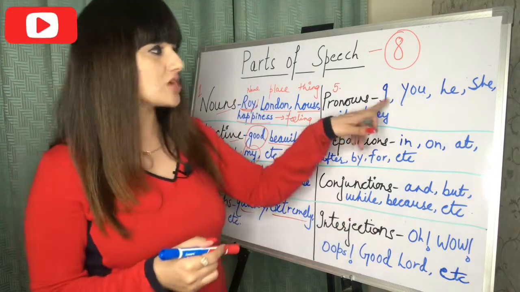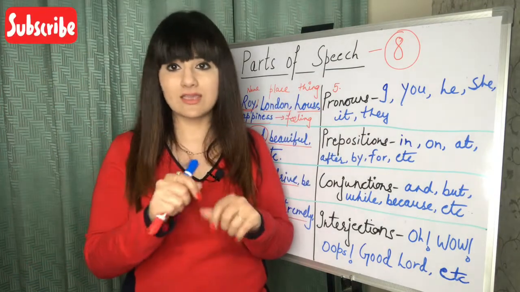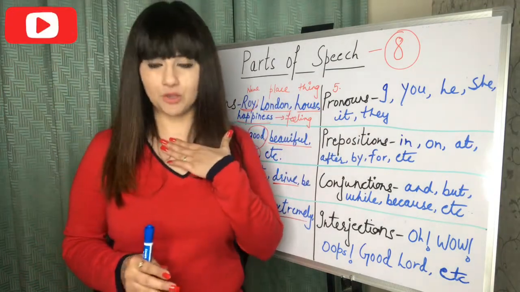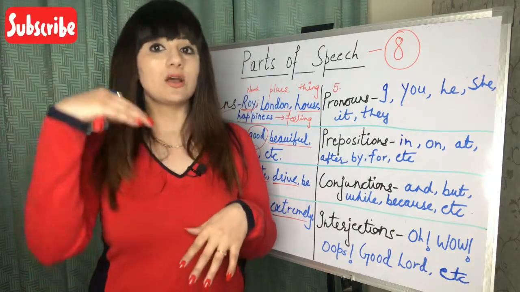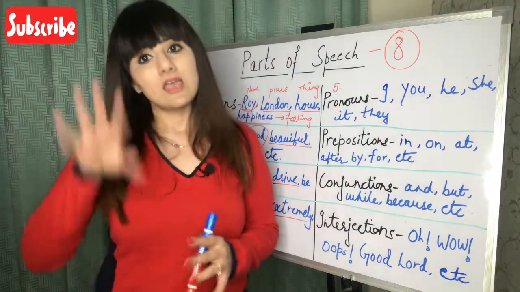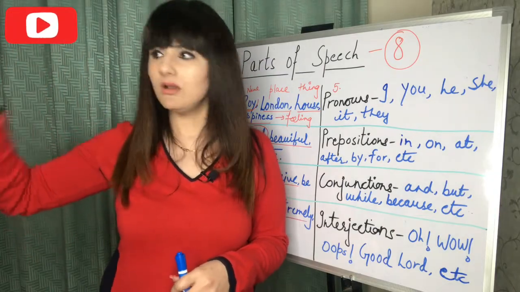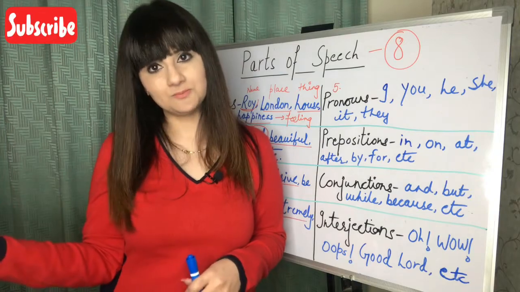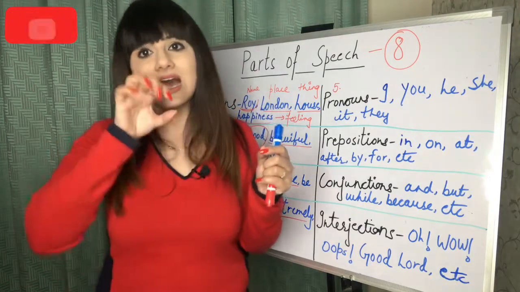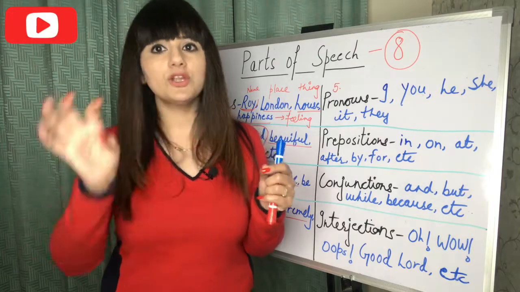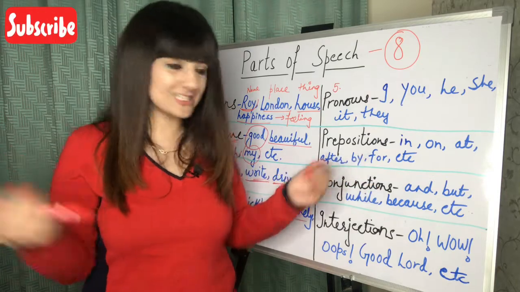So I'm talking about I, you, he, she, it, they. There is another thing also. If I'm talking about I, that's going to be my first person. If I'm talking about you, that's going to be the second person. If I'm talking about he, she, it, they, they are the third person, right? Rather than repeating the same word again and again, you could use these words. So that's called pronouns.